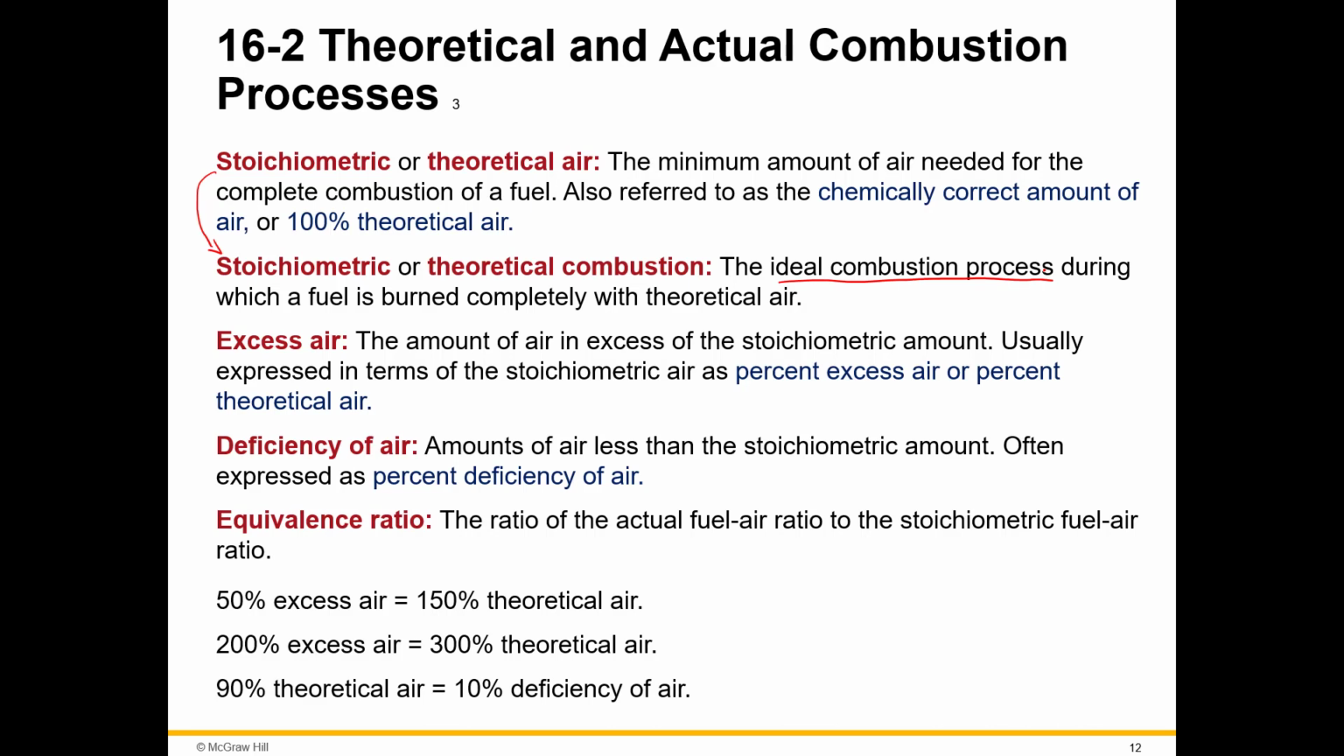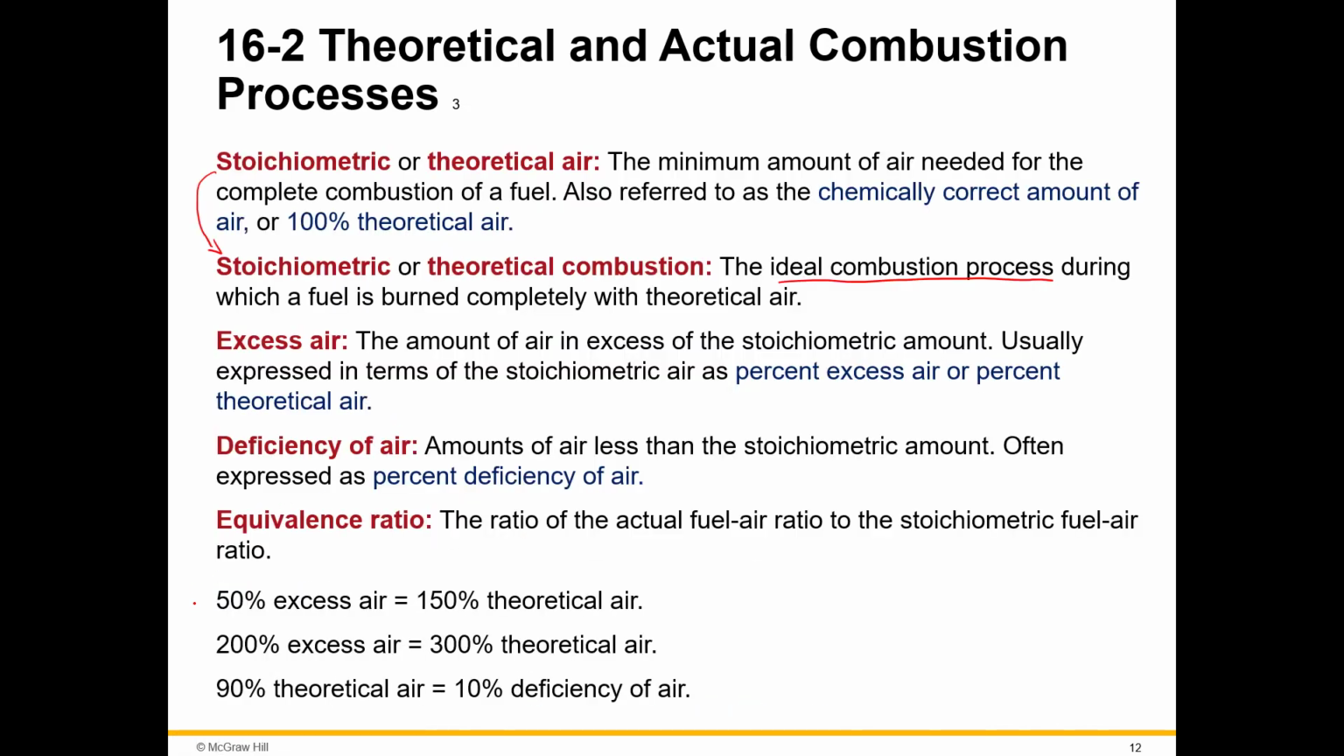And then excess air is the amount of air in excess of the stoichiometric amount, usually expressed in terms of stoichiometric air as percent excess air or percent theoretical air. Deficiency of air is just the amount of air less than the stoichiometric amount, and it's expressed as a percent deficiency of air. And then there's the equivalence ratio. So comparing those two, it is the ratio of the actual fuel-air ratio to the stoichiometric fuel-air ratio. And so here,